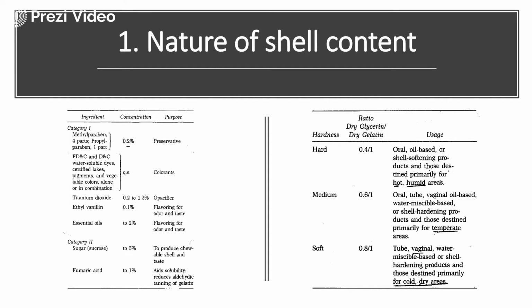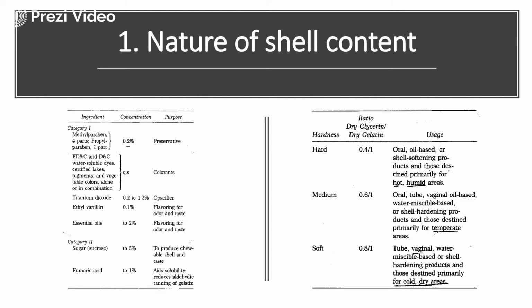And if the glycerin to gelatin ratio is kept from 0.8 to 1, it would have a soft gelatin shell, and it can be used for the preparation of vaginal, water miscible based or shell hardening products, and those destined primarily for cold and